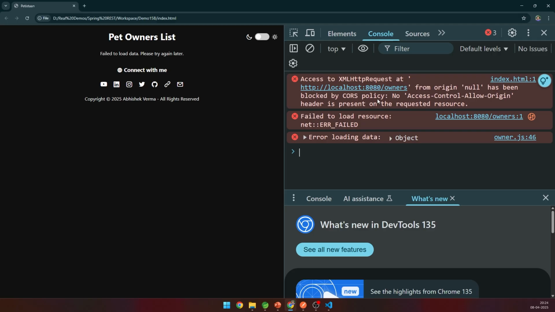That is CORS policy, which I told you in the starting also. And it says no Access-Control-Allow-Origin header is present on the requested resource. So there is some default header which is available, Access-Control-Allow-Origin, and because of this it is not working. The main point is there is this CORS policy, and because of this CORS policy it is not allowing it. So you saw that something which was working from Postman, the same thing is not working from